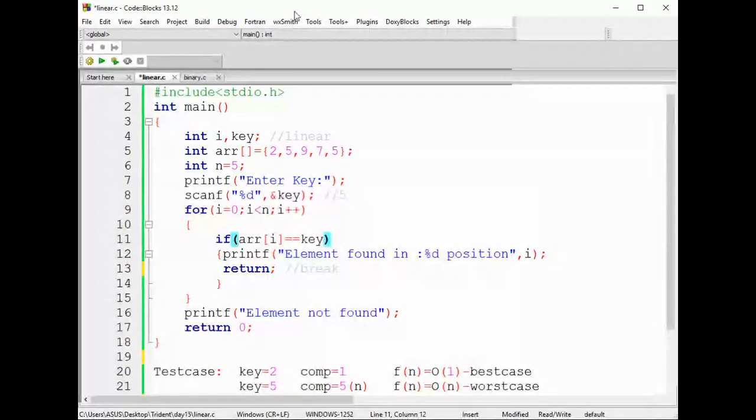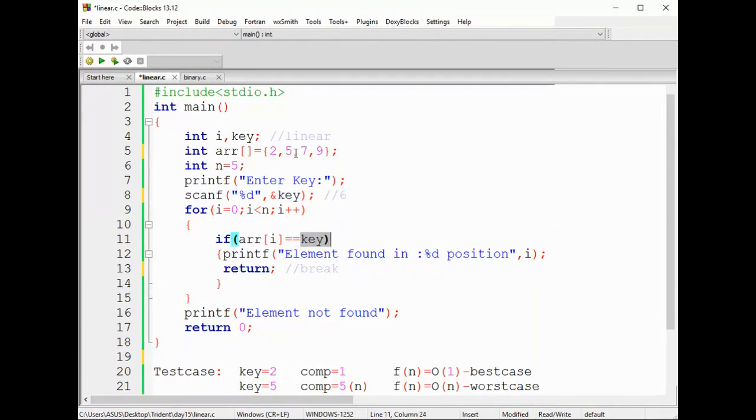The reason is, let me tell you a small thing, guys. Let us assume our array is in a sorted manner: 2, 5, 7, 9, in this way. We know that we are going to implement this linear search only on a sorted array. So if the given key value is 6, which is not there, it is not required for me to go through n iterations.